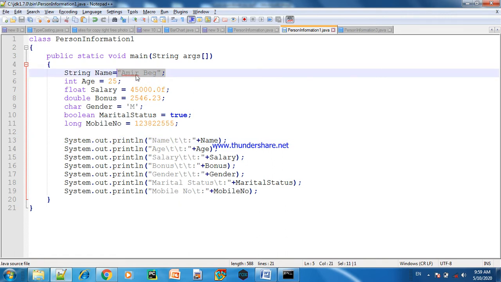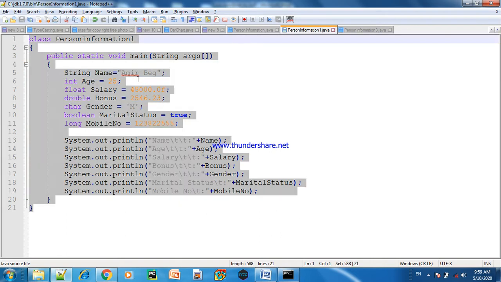So there are different ways to read this data by user. First of all, I will tell you how we can read data with the help of the BufferedReader class. In the same video I will tell you how we can read data with the help of the DataInputStream class, and the rest two methods I will tell you in the second video. So first of all, let us start.